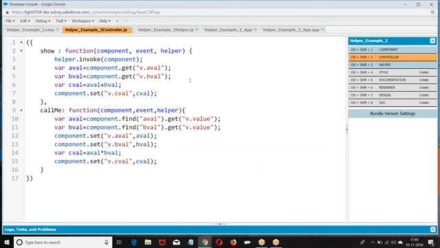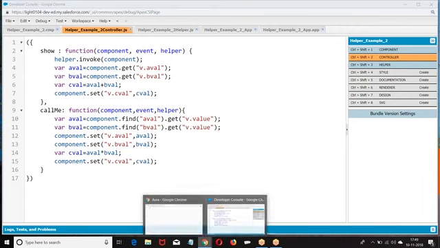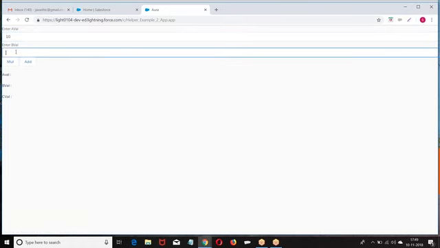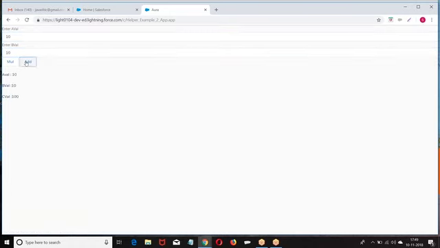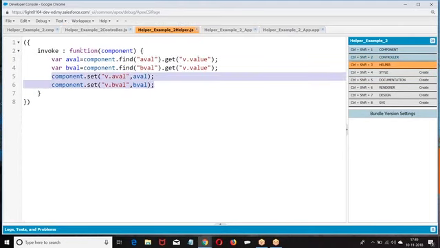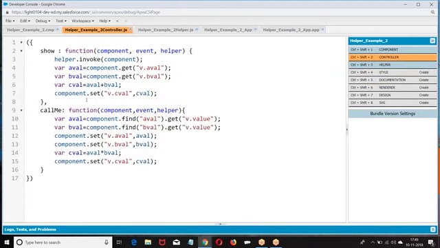The helper is to read the value, set the value. Whatever values you have set, I'm reading the value and calculating it. Go back here again. Refresh. So we're getting 10, 10, because we are reading the values based on the IDs. What you are supposed to do? Go to this. We are supposed to parse it here. Parse int of A value, because we read the values based on ID.